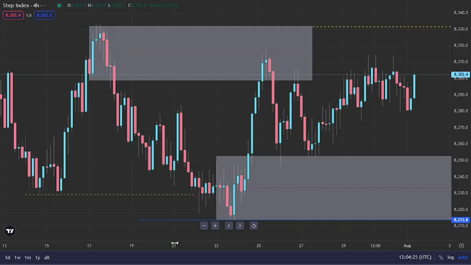So when this structure breaks, here's the fractal. In a bullish market structure, we expect all of these candles to close above the previous candle's high. So the moment we get a candle that will fail to close above the previous candle's high,